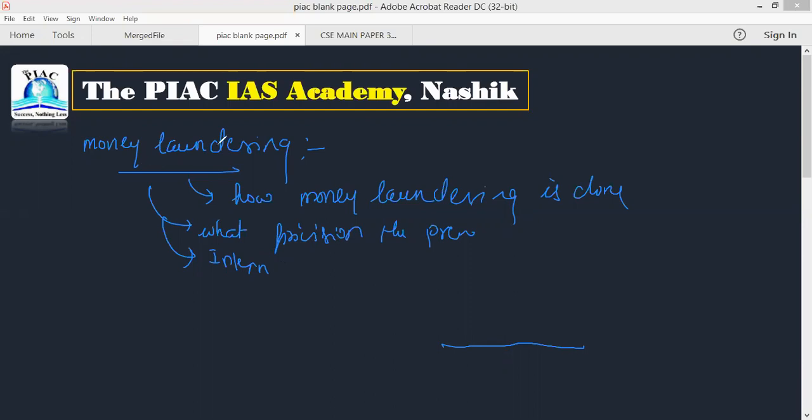Okay, and how you can avoid money laundering at your domestic as well as international levels. Okay, so that is the case you can tackle with this. Okay, then come to the